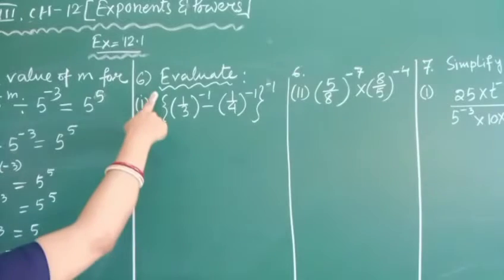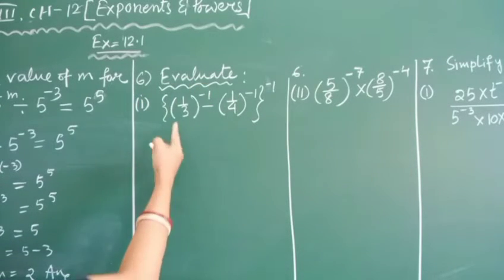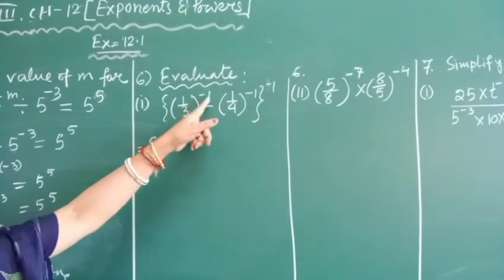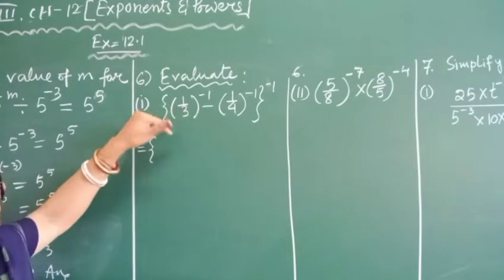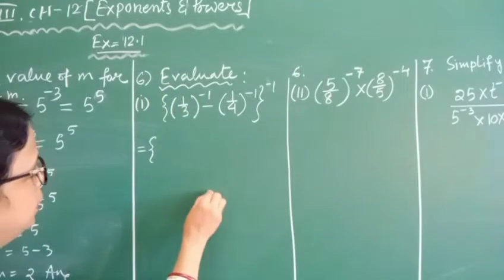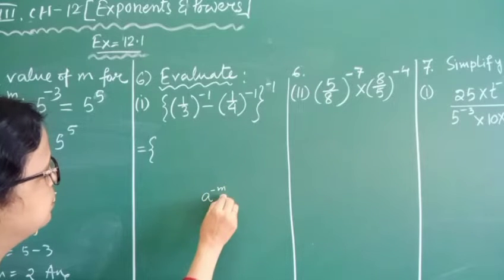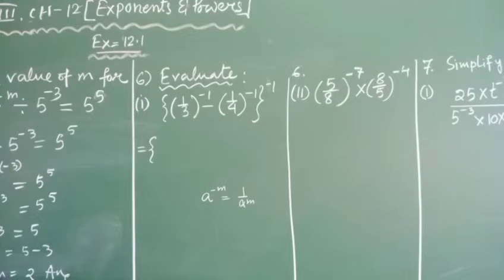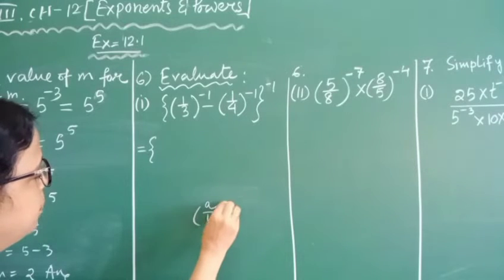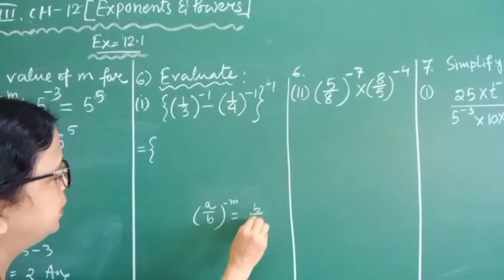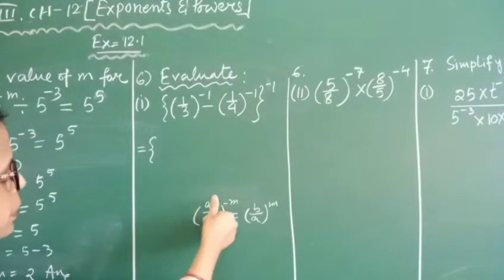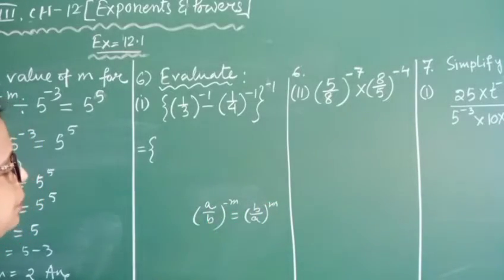Now in question number 6 you also have to evaluate the sums given here. Second value, 1 by 3 whole to the power minus 3. 1 by 3 whole to the power minus 3 means you have to make this reciprocal. Do you remember? a to the power minus m means 1 by a to the power m. Or you can remember this law also: a by b whole to the power minus m is equal to b by a whole to the power plus m, positive m. So when we are making this reciprocal, my negative sign becomes positive sign.